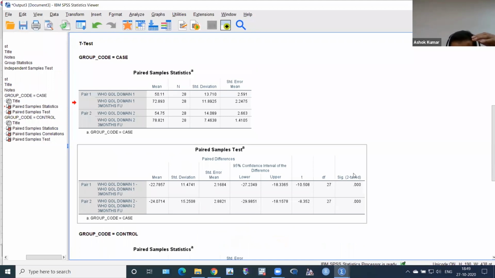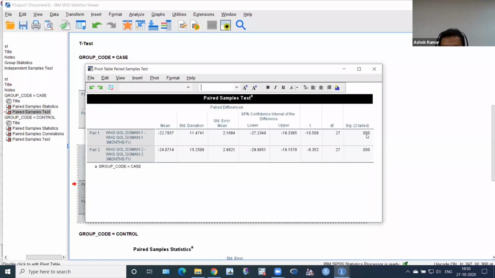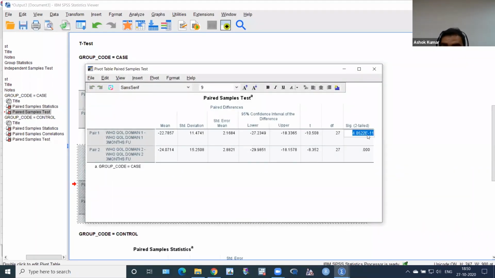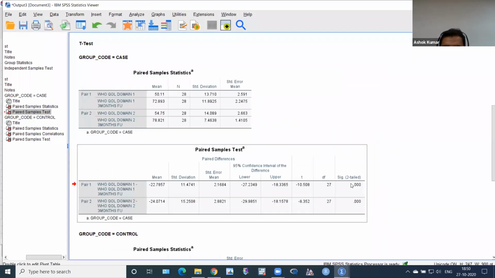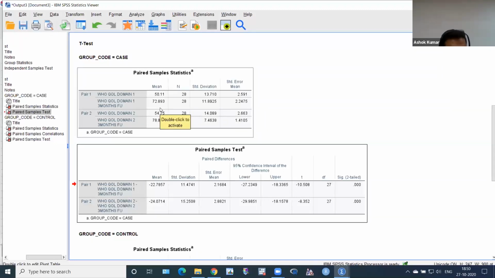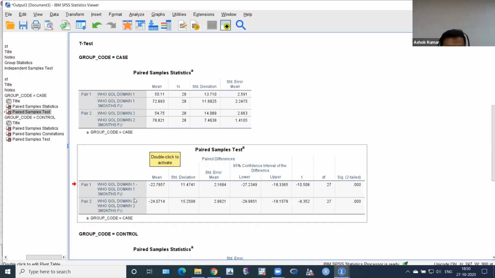And you can see here, this is the p-value, significance two-tailed. Paired t-test has only one single p-value. Just click here, double click, you can see it's 0.0000 then 4 point something like that. So what I have to do is take this p-value as 0.0001. It's highly significant. Okay, it means after surgery, my quality of life domain 1 is increasing significantly in cases. This is my interpretation using this paired t-test.